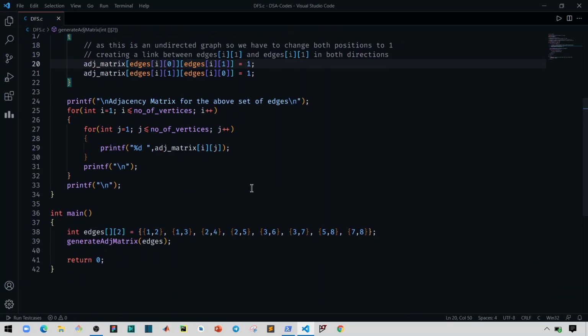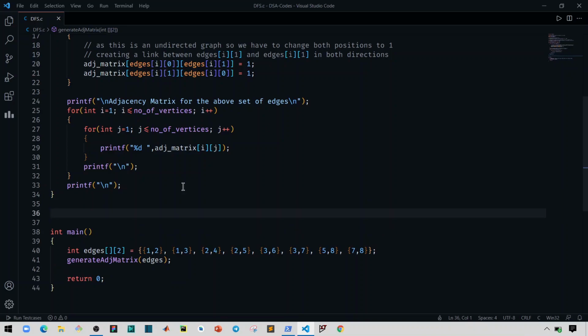Now we don't need this, or we can still retain it. Now let's say we will create a function void DFS which is taking a vertex to start.